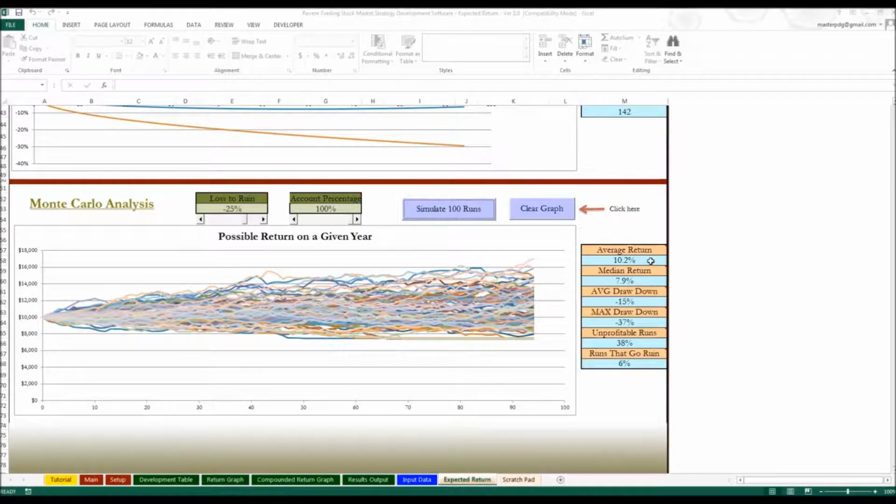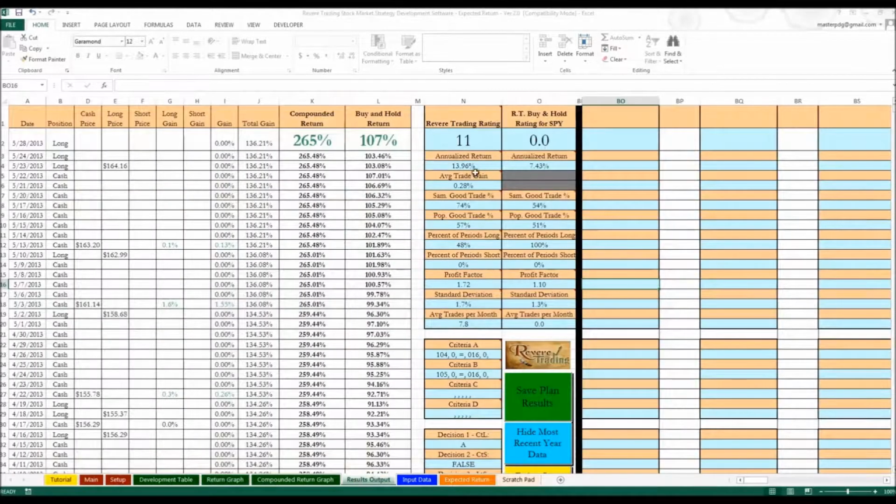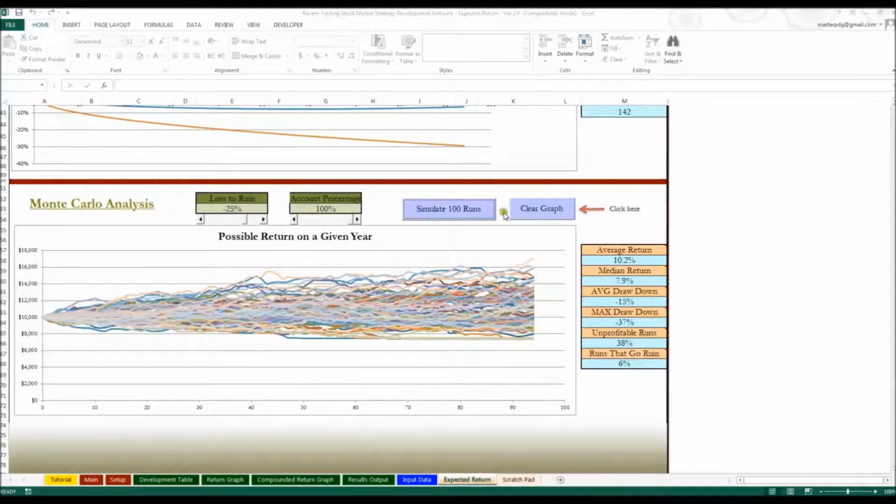We're at 10% in this case, with a median return of 7.9%. So we can see how that actually turns out. You know, for the historical return, we were getting about 14% annually, but when we add in these higher trade costs, we're only getting 10%. So if you don't know that ahead of time,